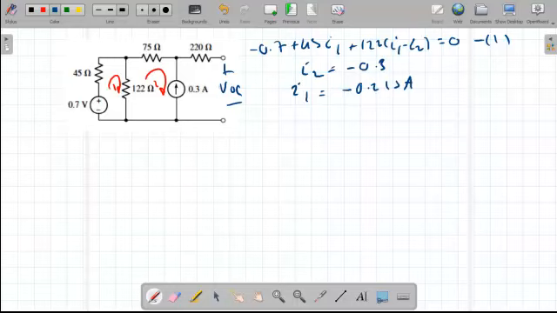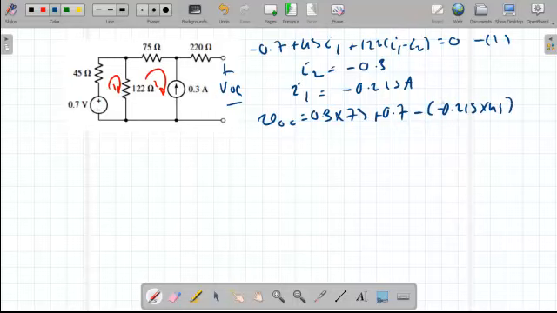From this, we can find the V open circuit. V open circuit will equal the current in this resistor plus the current times this resistor plus 0.7. So we can just apply KVL around this loop. The open circuit will equal 0.3 times 0.75, yes, 0.375, plus 0.7 minus 0.215 times 45. This is I1. Okay, then the open circuit voltage will equal